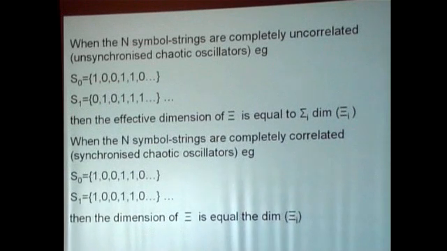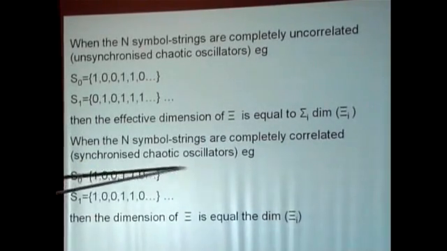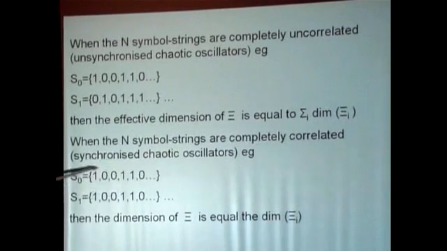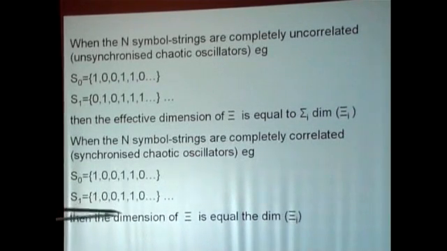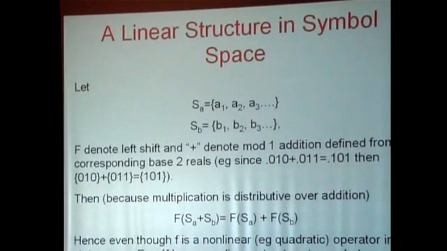On the other hand, when those coupling terms are such as to bring the system into complete synchronization, and that is a very common feature of chaotic dynamics, you can have complete synchronization even though these time series of ones and zeros are completely non-periodic. The individual oscillators can synchronize. And then effectively you're just dealing with n copies of a single system, so the dimension of the system is just the dimension of one of those oscillators. So in some sense you can think of coming into synchronization as being associated with a dynamically induced reduction in the dimension of the underlying total system attractor. Now, one point to notice is that